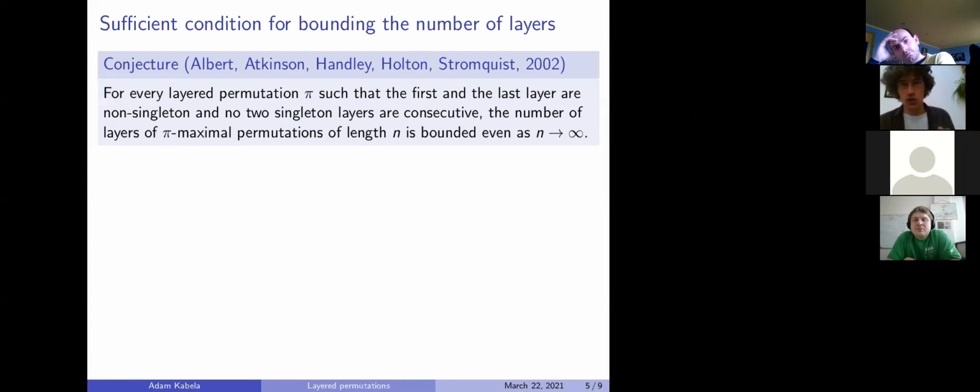I guess it should be relatively easy to think of a pattern having two consecutive singleton layers and showing that indeed the number of layers in its maximizers goes to infinity. So this is a guess for a sufficient condition to be able to bound the number of layers in the maximizer. Unfortunately, it turns out not to be true, and